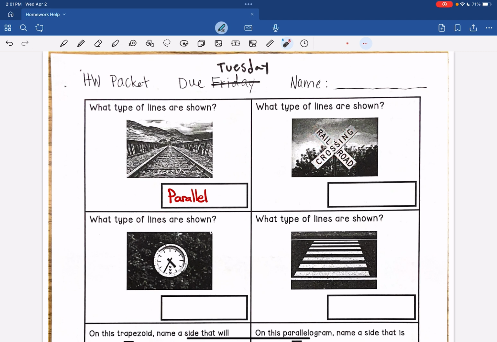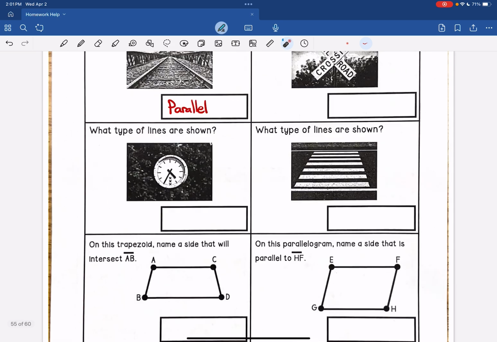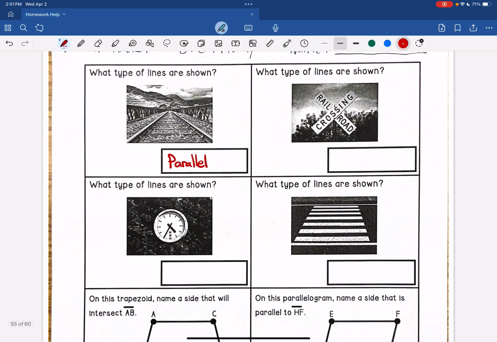I also notice that they do form a nice right angle, so they are perpendicular intersecting lines. All right, so let's go ahead and write that in real quick. We'll say that these are perpendicular lines. Perpendicular lines